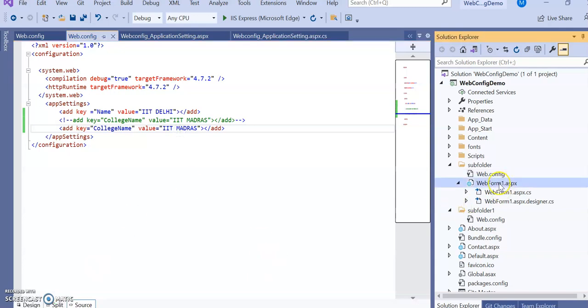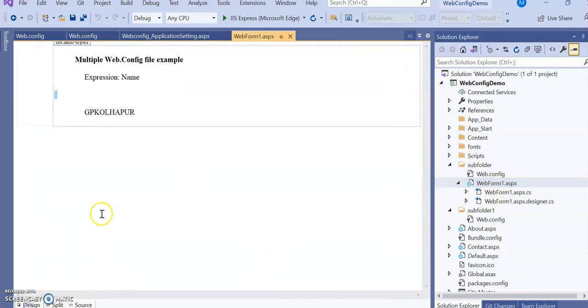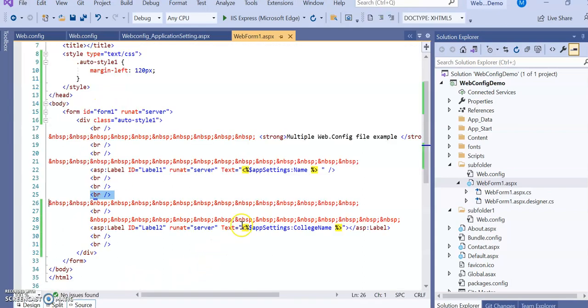Now let's go to this webform1.aspx design part. Here, let's go to source. Here you can see the application setting, appSettings. There are two labels, label 1 and label 2. There are two ways. One, in C# coding you can use ConfigurationManager to access a value.